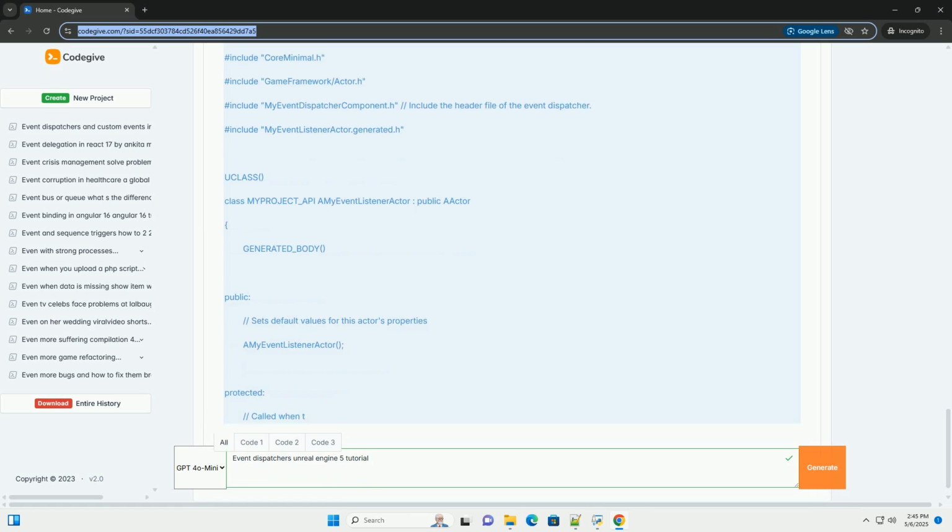Drag a pin off the BP_EventDispatcher reference. Type "bind event to My Custom Event" and select the corresponding node. This creates a binding to the My Custom Event dispatcher. From the event output pin of the Bind Event to My Custom Event node, drag a wire and create a